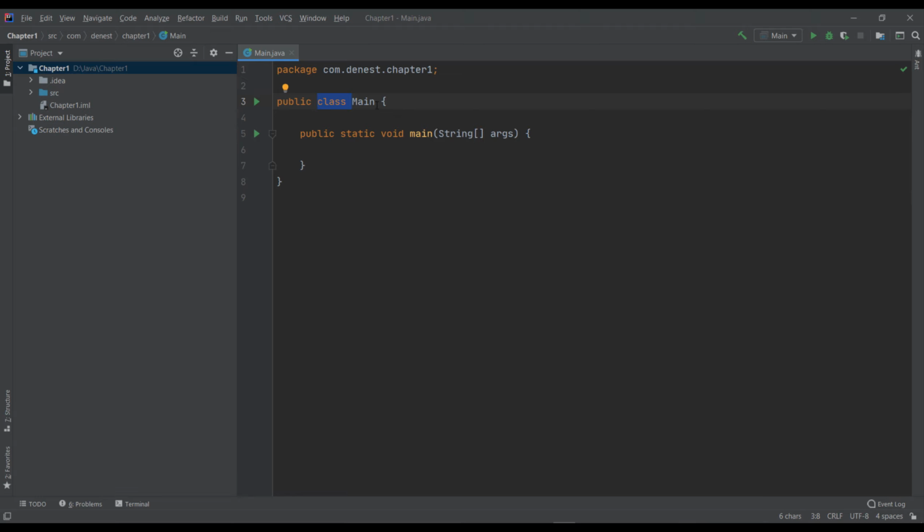After the class keyword, we define the name of the class. If you see, it's capital A Main; every class should start with a capital letter. Java is case sensitive, so if you use a small a, this won't be recognized. After that you have curly braces, which in Java is a block of code. Everything you want to write inside this class, you'll write inside these two curly braces.